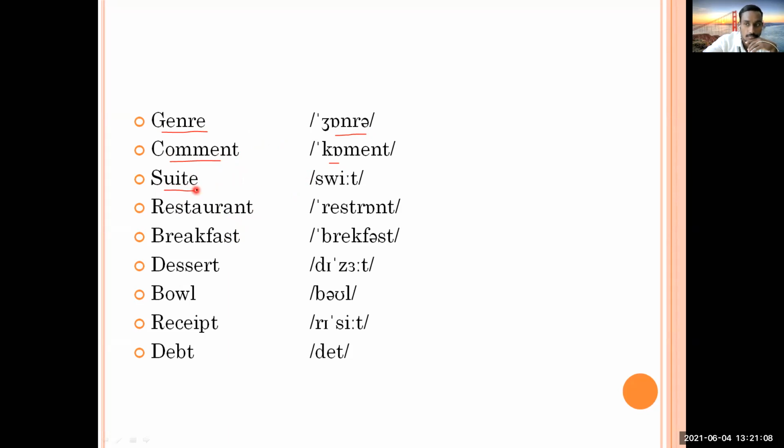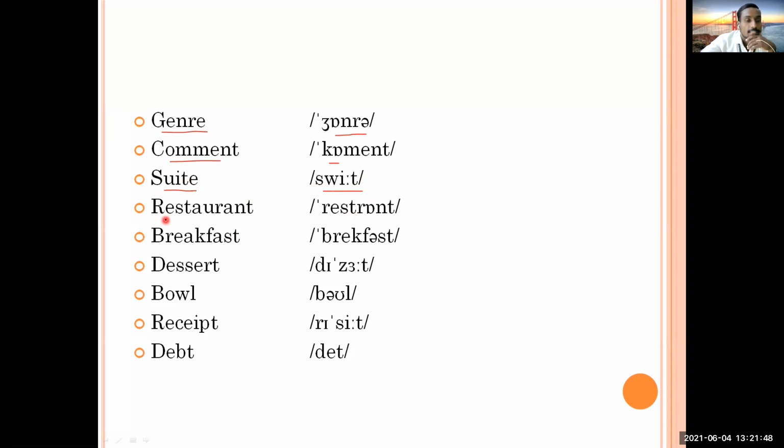Then next, what is this? Sweet. It's sweet. How will you pronounce it? Yes, it's sweet. And maybe you are going to think it is suit. But in fact it is not suit, it is sweet. And the meaning of sweet can change. There are two or three different meanings, but one of the meanings is a set of furnished, polished, ready rooms, that is called a suite. Okay.